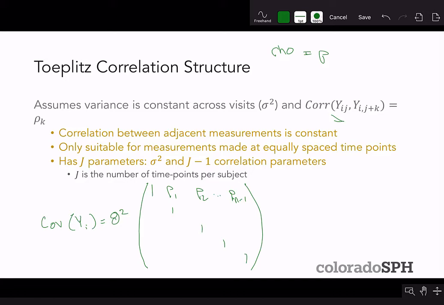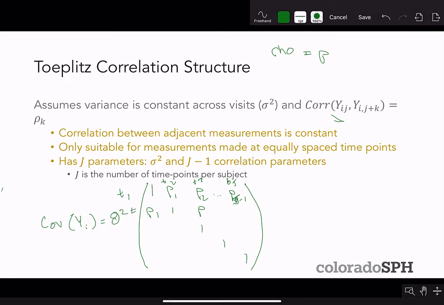So here we have the correlation at time point 1 and time point 2 is equal to rho 1. Then the correlation coefficient at time point 1 and time point 3 is equal to rho 2. At time point 1 and time point 4, all the way at time point j is equal to rho j minus 1, sorry, not n minus 1. And so basically at each different spacing, and then here we also have, writing out the rest of it,